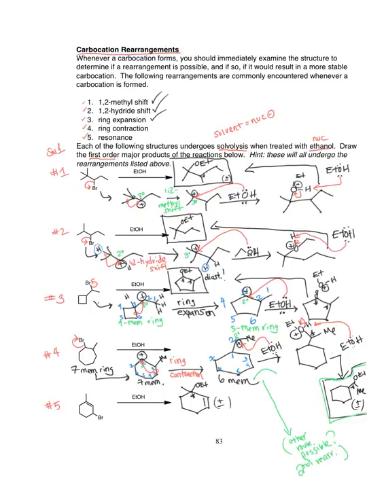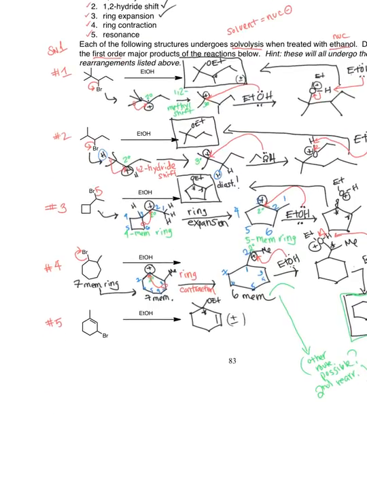So how does that happen? Well, the mechanism will explain it. So let's show how that worked. Leaving group leaves, always the same first step. Secondary carbocation. Notice that it's allylic. I'll write that down. Whenever it's allylic, it's always worth drawing the resonance structures adjacent to a pi bond to see what possibilities are there. So let's draw the resonance,